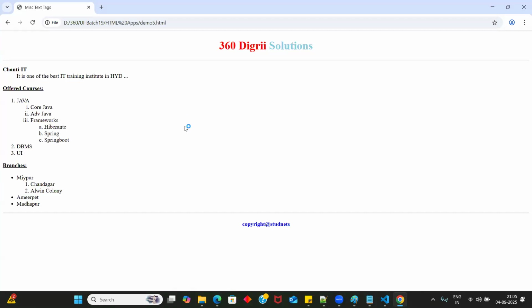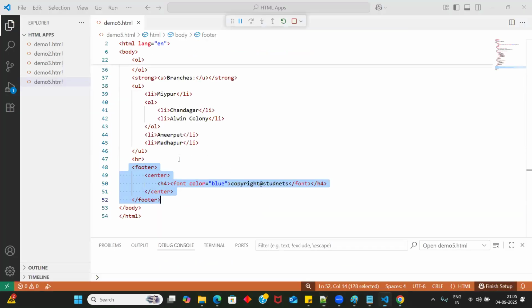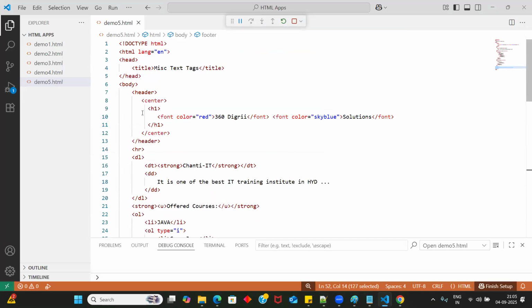Okay, maybe you have a doubt. Let me give some clarity. Sir, does the footer always have to be written at last? Or, sir, does the header always have to be written first? Yes. So the reason is